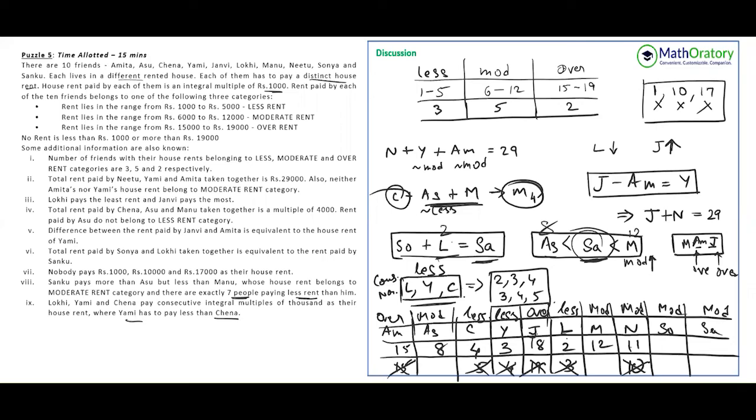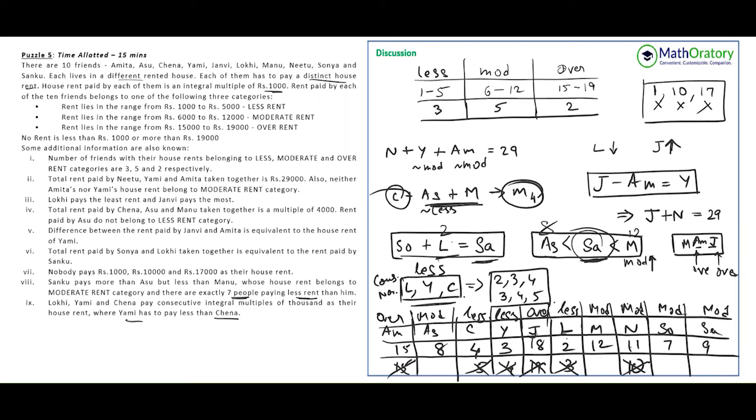So what are the numbers that are remaining? If you pick 6 for SO, then this becomes 8, which is not distinct. AS is already 8, right? So this can be only 7 and 9. Even other possibilities are not there. 8, 10 is 8 repeating. You cannot have something like 9, 11, where 11 is repeating. So there are no more possibilities left, right, in between 8 and 12. So SO and SA has to be 7 and 9. So that's it, done. So we have completed all the numbers here.